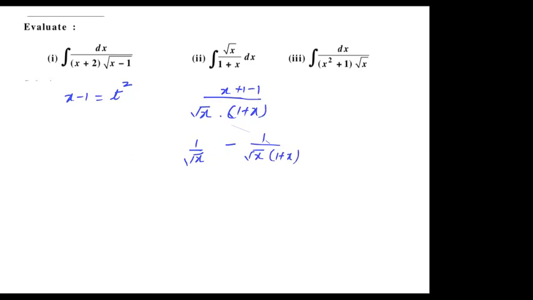Now the first part we can easily integrate. In second part, again we have linear inside the root. So we'll substitute the linear, whatever is inside the root, as t square. And then we'll proceed. So you can convert this in the form that is integrable, or that is in the standard forms that we have studied, right? So you can do the first one and second one in this way.